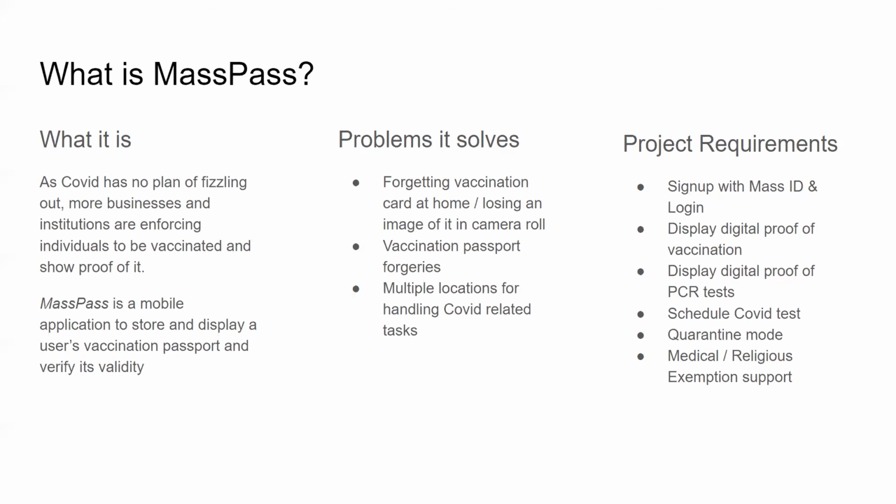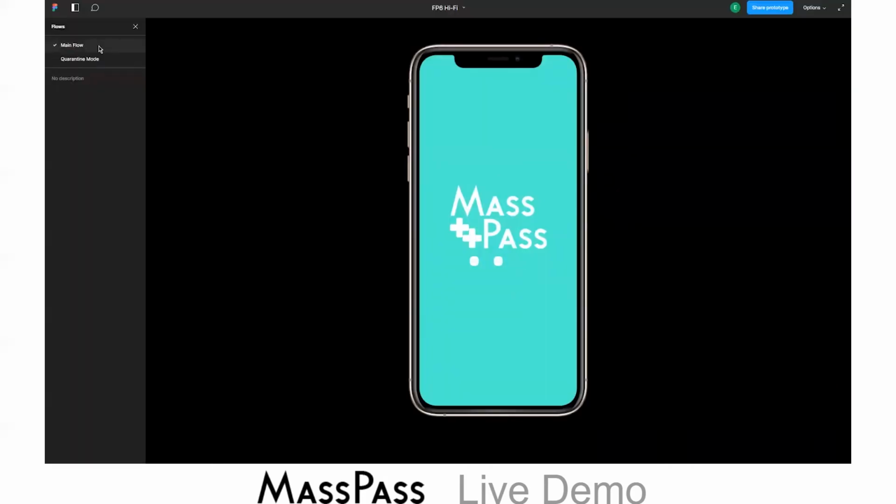Next, Esteban's going to show us a live demo of our prototype. Hi, so now I will be giving you a demo of our latest hi-fi prototype for our application MassPass, which we developed using Figma. To sign up for a MassPass account, first open the app,